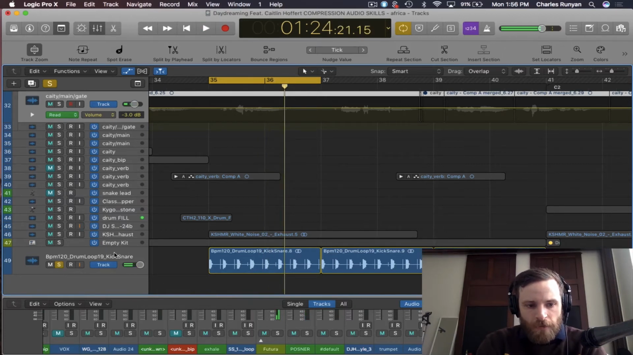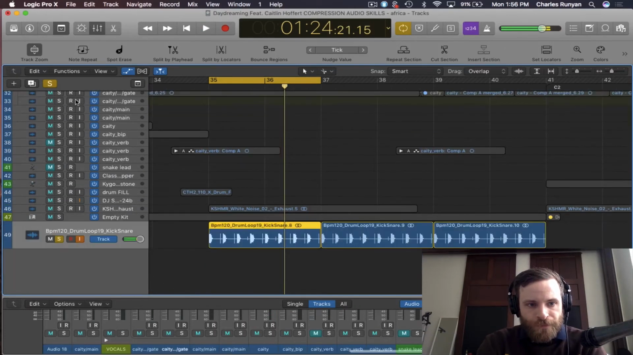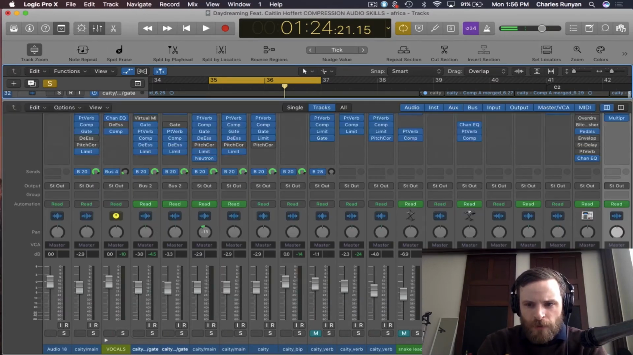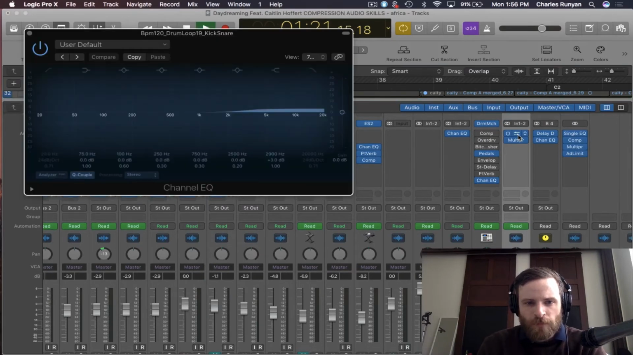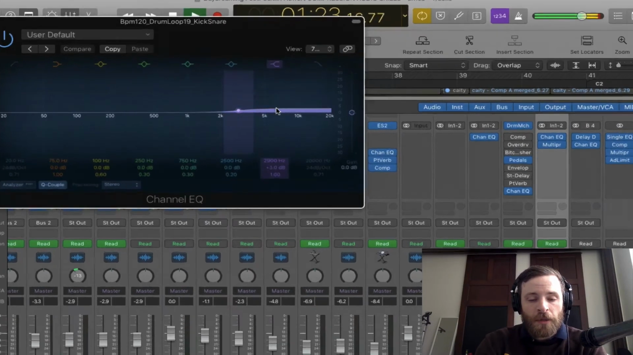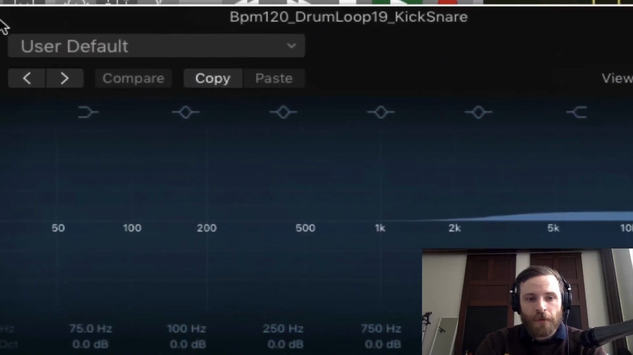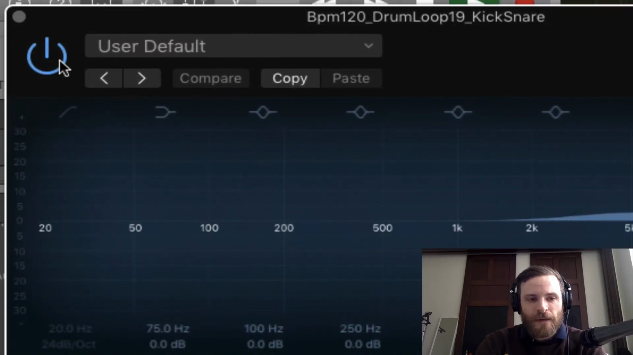So in the case of the drums, I think that I have an EQ on it. So let's listen. I think the only thing I did here was try to bring out some of the crispy frequencies of that hat and snare. So without it,